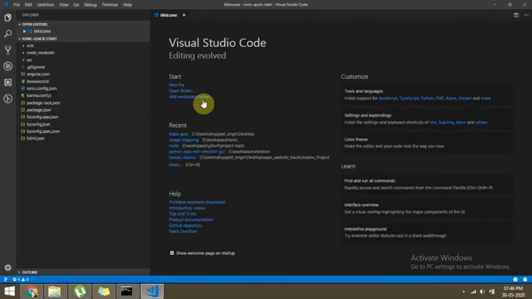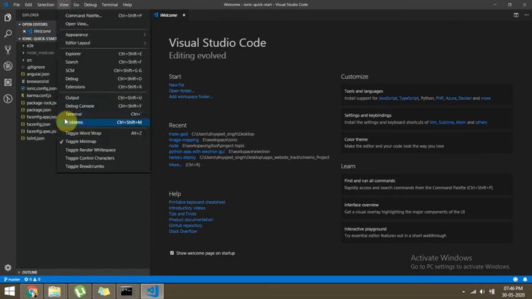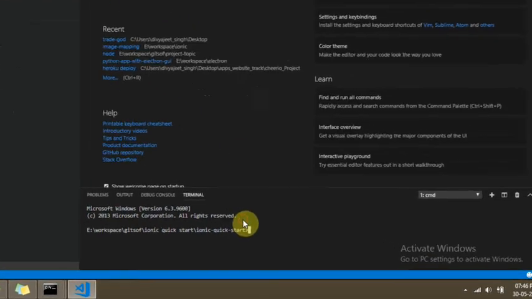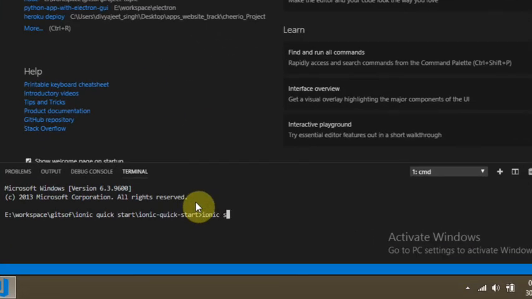If you want to view your terminal in this VS Code, simply click on View and add Terminal. After adding the terminal, we can simply type ionic serve.